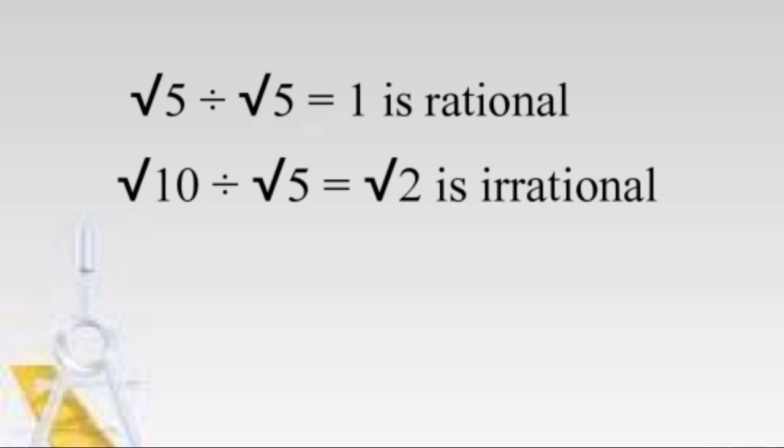Next example, root 5 by root 5. What is root 5 by root 5? It is 1. 1 is a rational number. And last example, root 10 by root 5. Root 10 by root 5 equal to root of 10 by 5. That's equal to root 2. Root 2 is irrational. From these examples, we can understand that